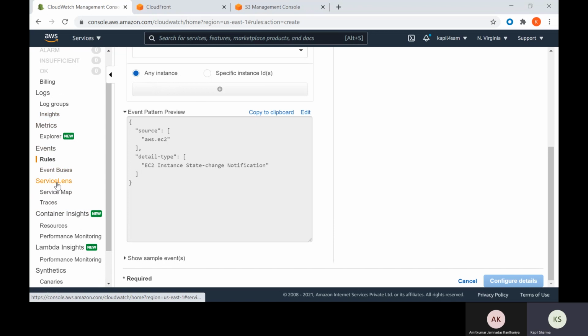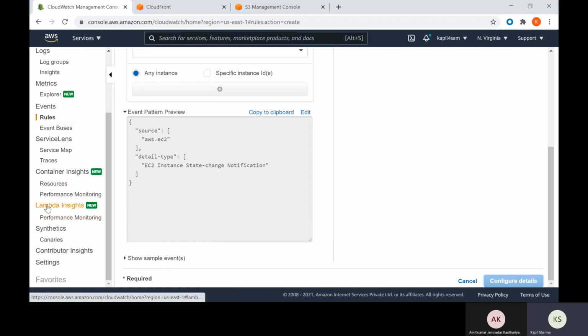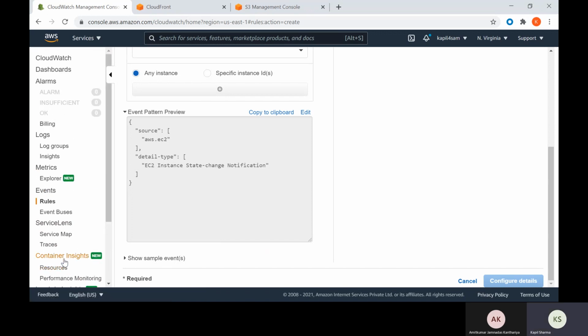Then there are other different service lens, container insight, Lambda insight. So if you are using Lambda functions, you can go and analyze your Lambda functions. Synthetics, even I am also not aware about synthetics. I will go and check and we'll get back to you on synthetics. Container is for your Docker.